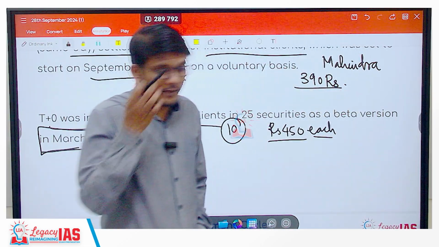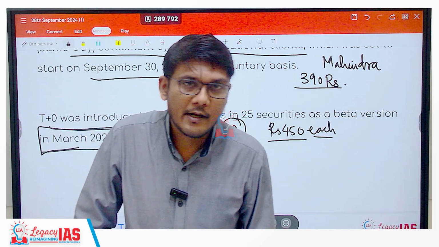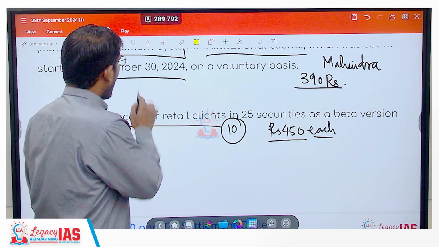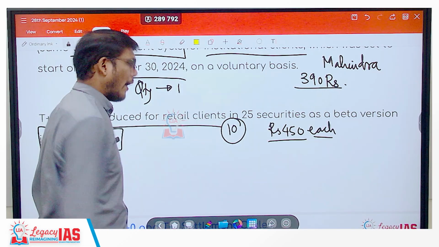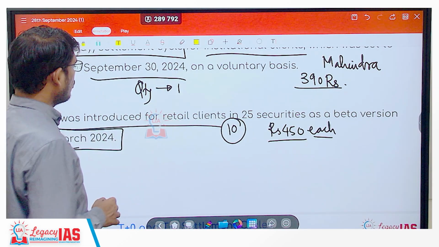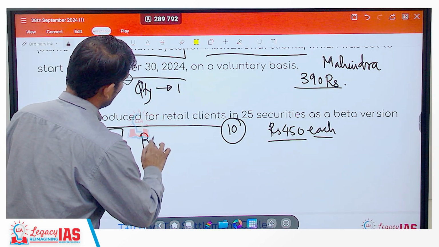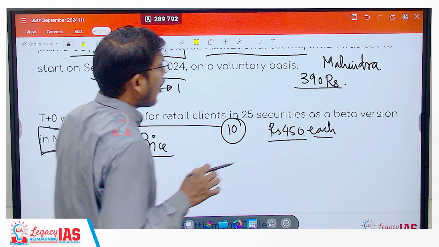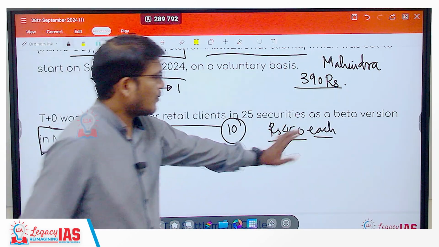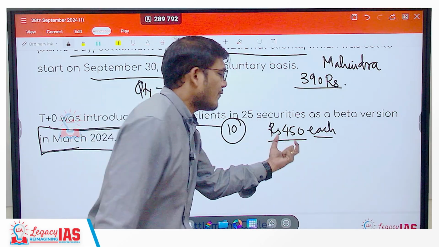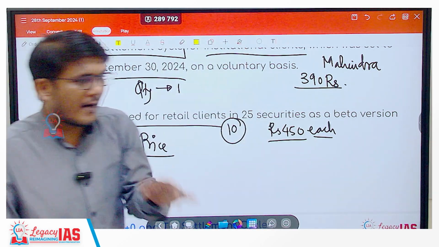So you might use XYZ app. Through the app, you can do that transaction. When you sell it, it will ask you the quantity. So let's say you put quantity is equal to 1. It will ask you the price at which you have to sell. So it does not happen as in you just click the sell button and whatever the price is, it gets sold. No, it does not happen.